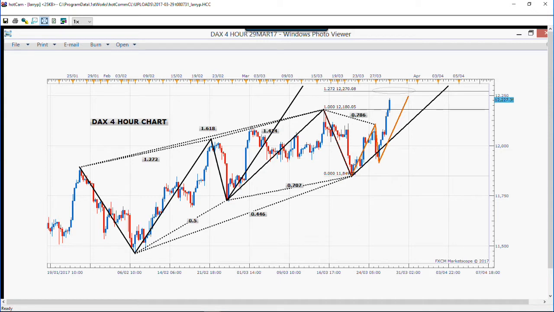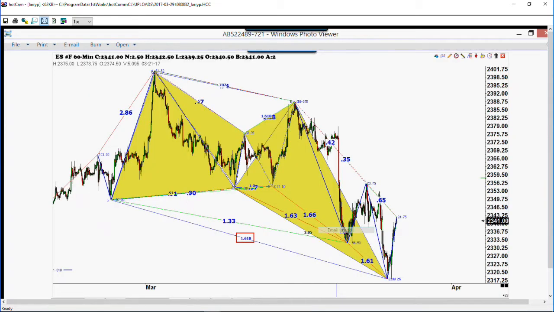Now, I've got to cover a couple of things, here we go with opinions again. A couple of things that look really interesting right now. Let's just do the E-mini S&P first, because I know that's the one that you folks like to see the most. So we'll put this chart up here so you can take a look at it. We made that big ABCD down at the 1.618 expansion. That was at 2317. That was exactly 50% from the other low that we had going back to the